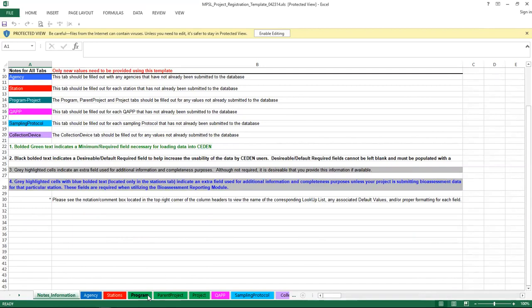There's the master vocabulary template that CEDEN has, which contains all of the lookup lists, and I'll show you that in more detail. But this one here is all the same information, but it's condensed down into only the information that you need to populate in order to register your project. And discussing the project,